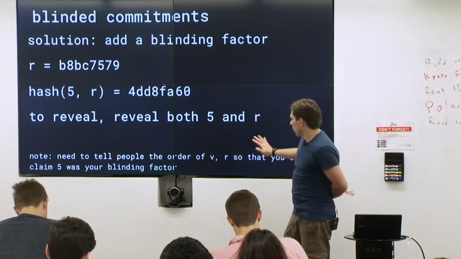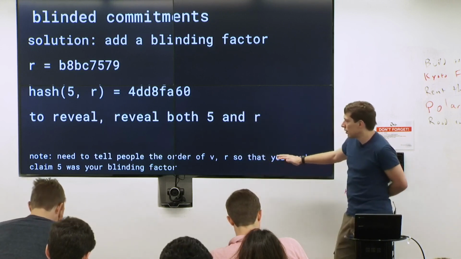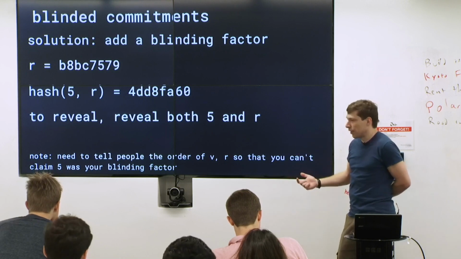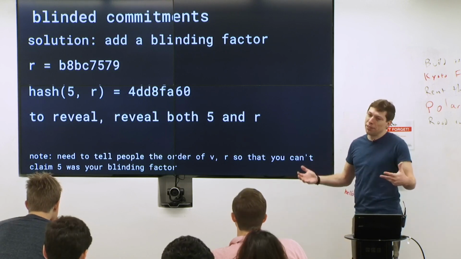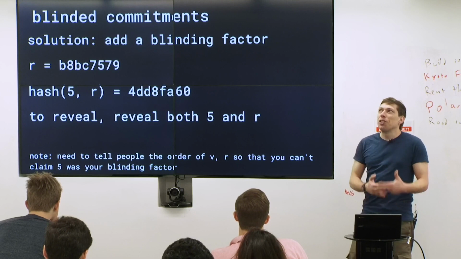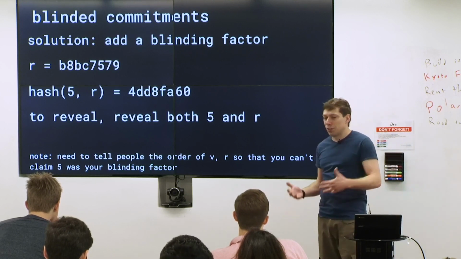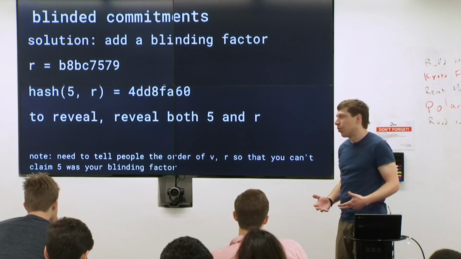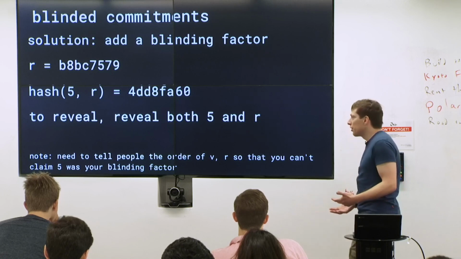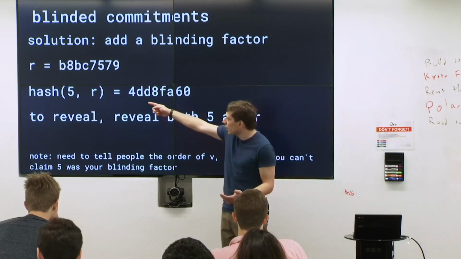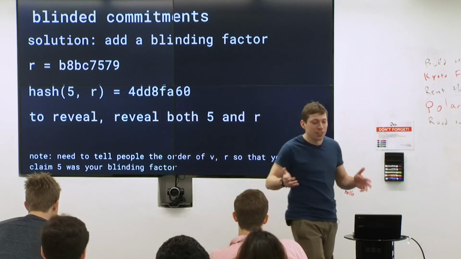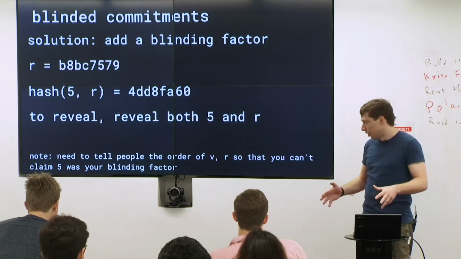And then, you need to tell people what order you're doing things in. The system needs to be predefined, right? When you're committing, you also have to commit to the algorithms or have pre-agreed upon algorithms, because otherwise, yeah, you could do something like, no, I committed to R. 5 was my blinding factor. So you need to have protocols set up beforehand,